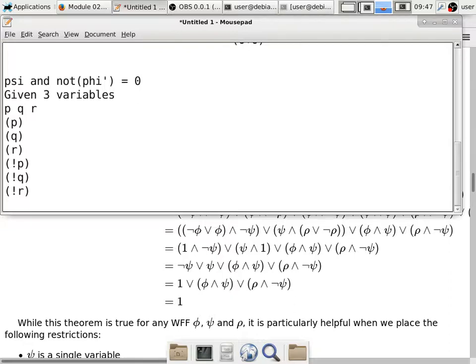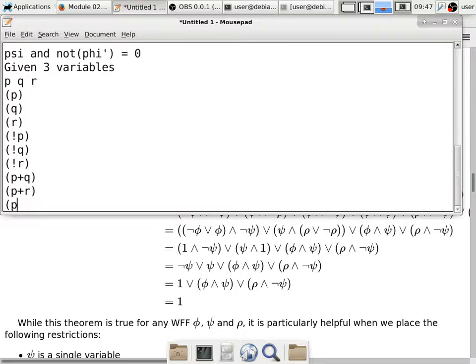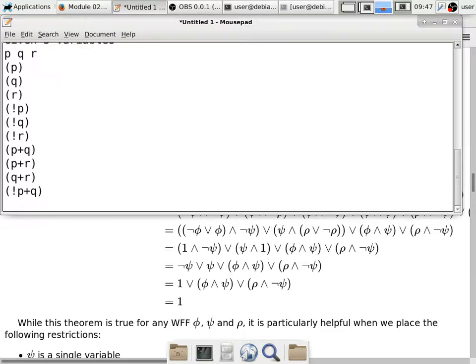So the next ones, okay, I can give you a few more examples with P or Q, P or R, and then we have Q or R, and then we have not P or Q, and so on. Okay, so when you look at this, the easiest way to look at this is you make a table for yourself. So you look at P, Q, R as a table, but this is not a truth table because P can be absent,